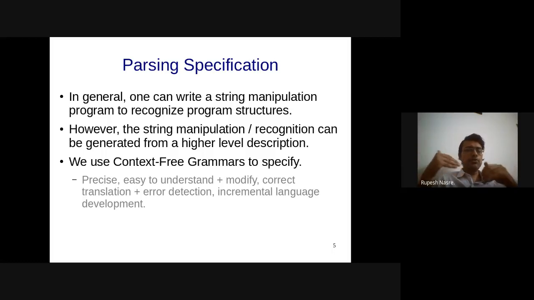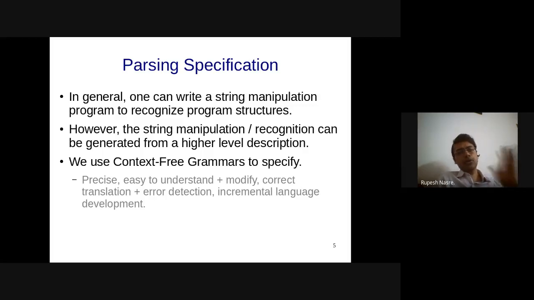People who do not have the knowledge of compilers are going to write it in this manner, and that is okay when you have simpler specifications. When you have just a one line specification, if you want to just check if it's an assignment statement or not, writing it directly using strtok is not really a problem. But when you have an elaborate specification like a particular language, then doing it with string manipulation becomes really tedious, right? And that is where these tools Lex and Yacc, or Lex and Bison, were very useful.